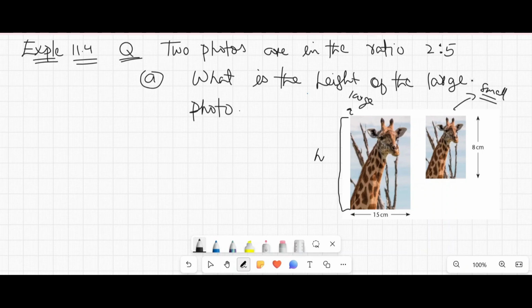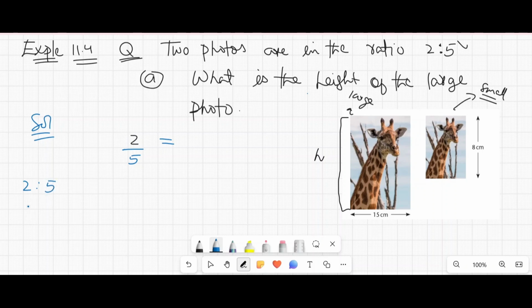The ratios are given, so we will use the ratios and find this. In a ratio, the quantities will remain the same. So 2:5 is equal to